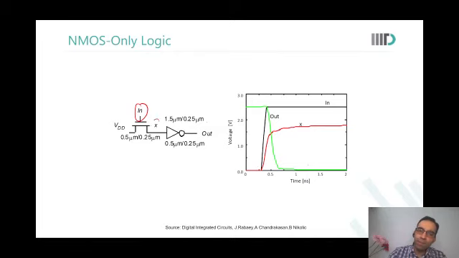But what about X? What will be the value that X will be at? When in is going to VDD, X is at VDD minus VT. So what happens to the current of this inverter now?